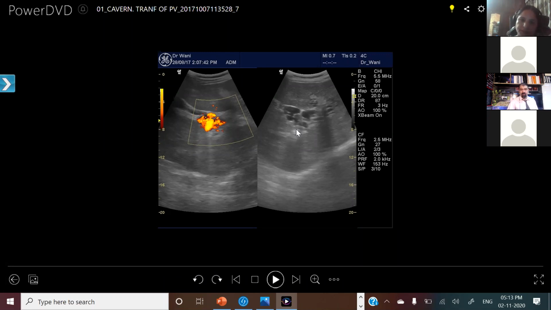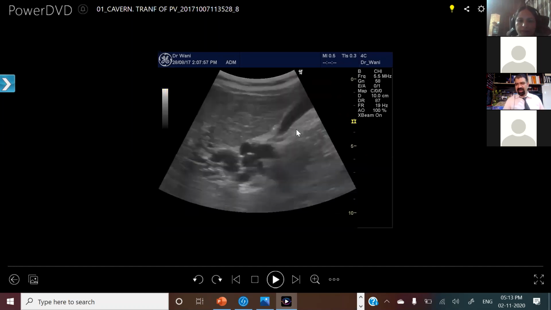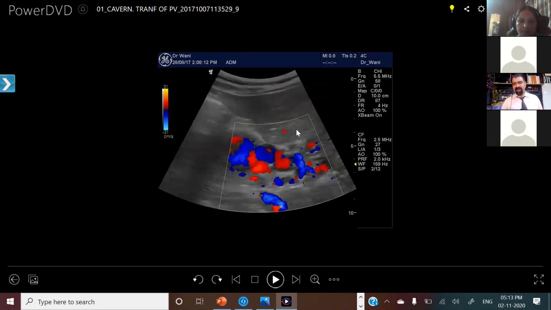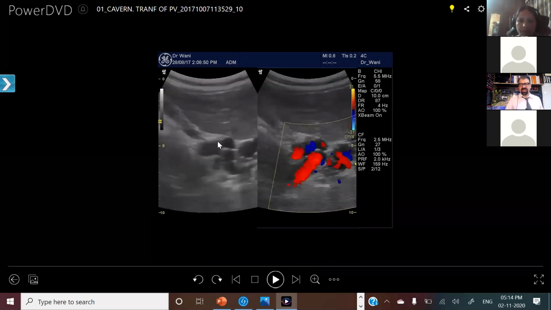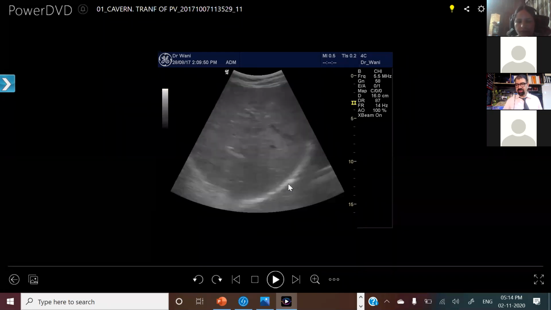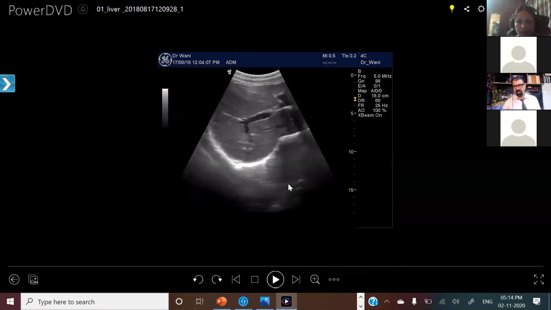Yes, sir. What will differentiate whether I am dealing with cavernous transformation of the portal vein or a dilatation of the bile ducts? Color, sir. So I will put a color, and if they take color, then I am dealing with cavernous transformation of the portal vein. Now see, these are taking the color. So this is a case of cavernous transformation of the portal vein, where I am seeing these cystic tubular anechoic areas, and on putting color, they all take color.